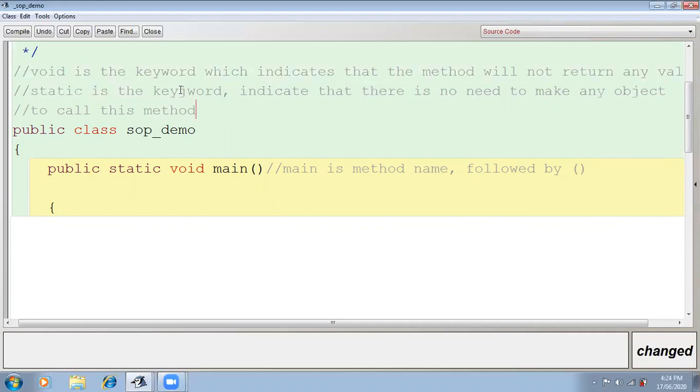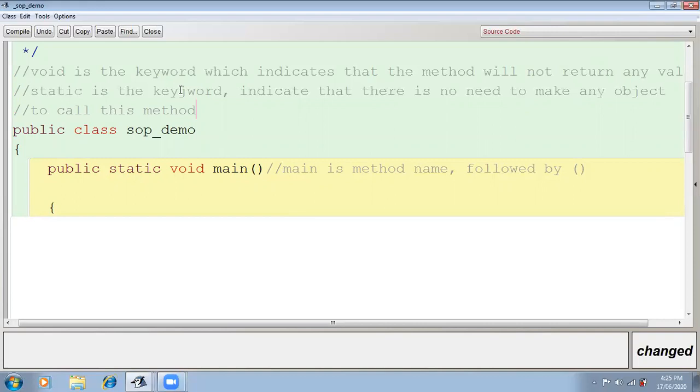Means without any object this method can be called. What is an object? I'll tell you that afterwards, how to make the object and what the object is. At the start of lesson number 1 and 2, I'll explain all the things.